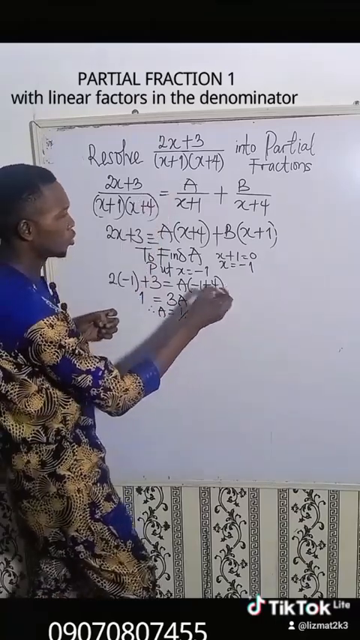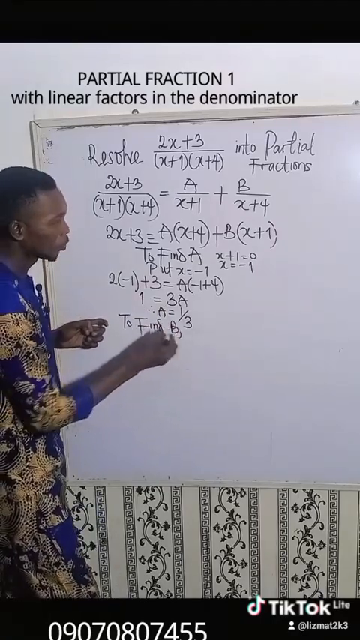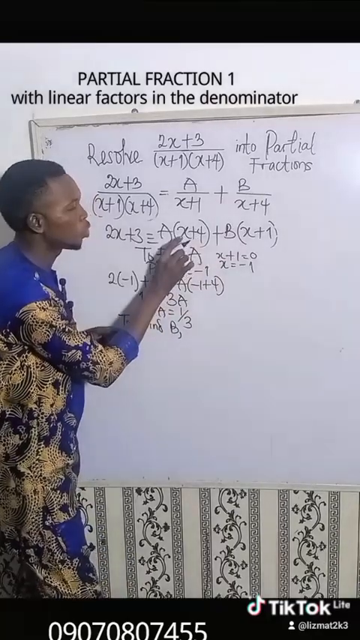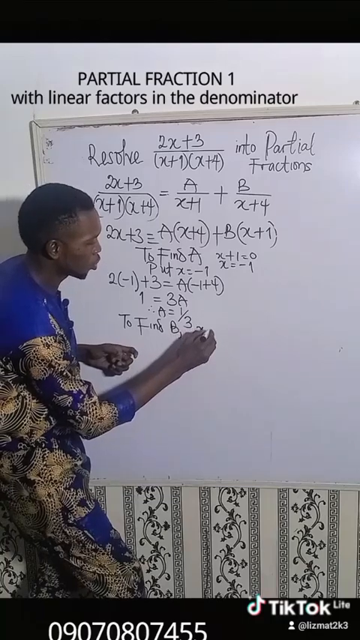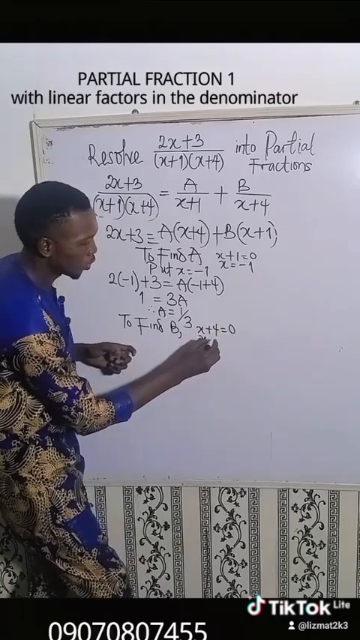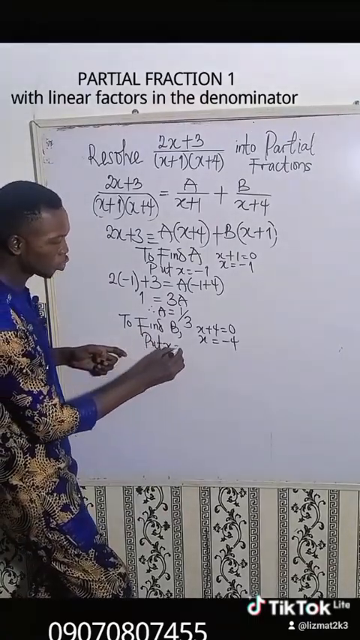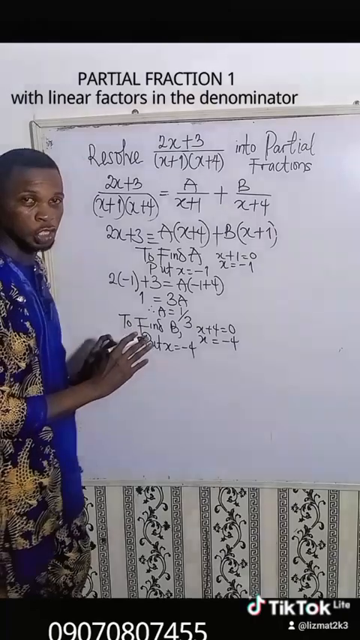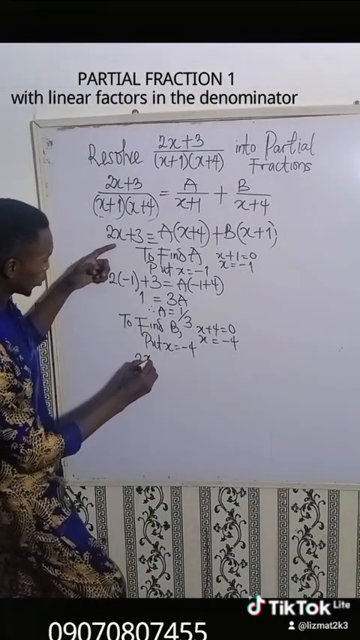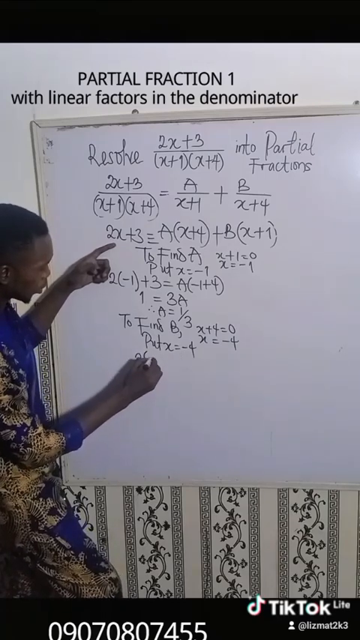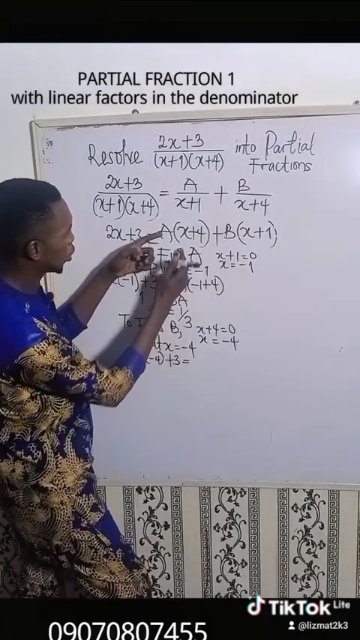So I'm also going to get the value for B. To find B, that means I have to eliminate A. For me to eliminate A, what value of x can I put here that will make everything become 0? I'll say x + 4 is equal to 0. That means x is equal to negative 4. So I'm going to put x = -4. Are you paying attention? Okay, so I'm going to come back here again. I have 2 into x, which is -4, plus 3 is equal to